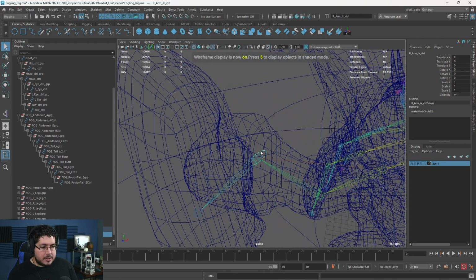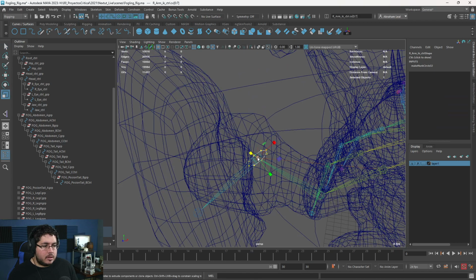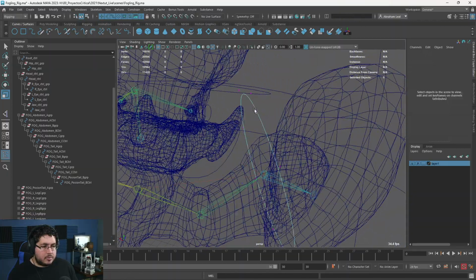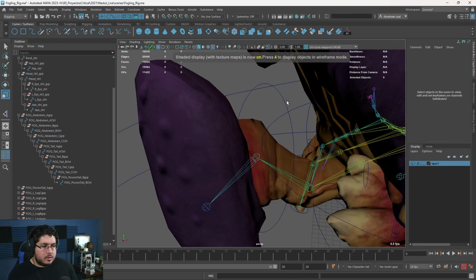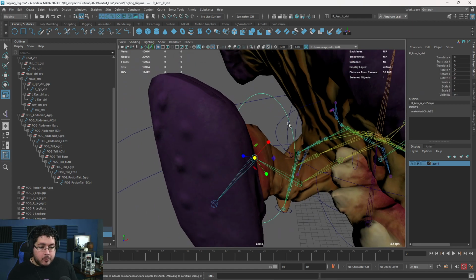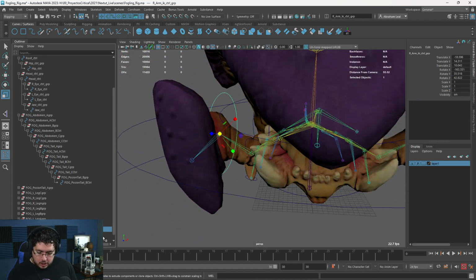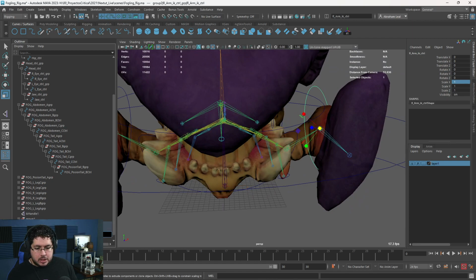Now, we can select that guy right there. It's isolated. Let's make it bigger. Rotate it a little bit so it's easier to select. Like that, perfect. And there we go. Now, before we connect this to the arm, I want to have the exact same curve on the other side. So Control G, Control D, -1 on X. It's going to jump to the other side. There we go. And then we just change the names here.